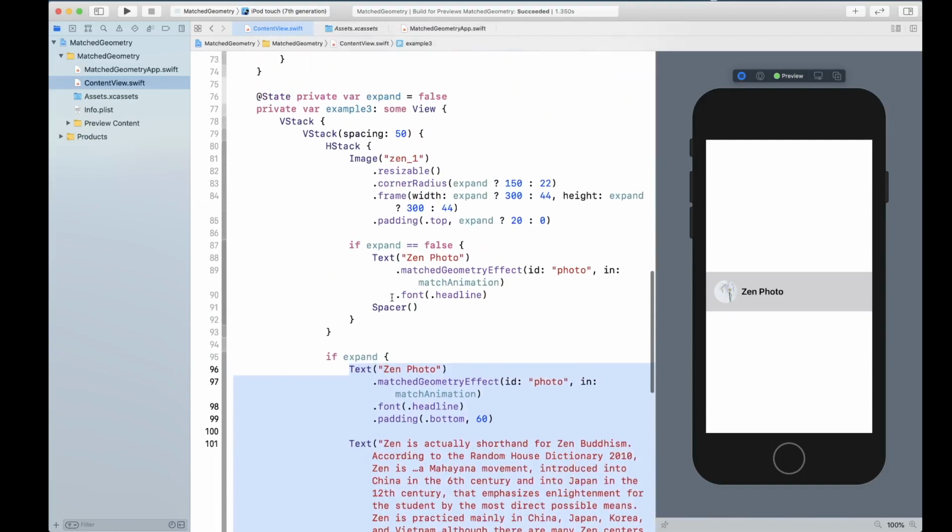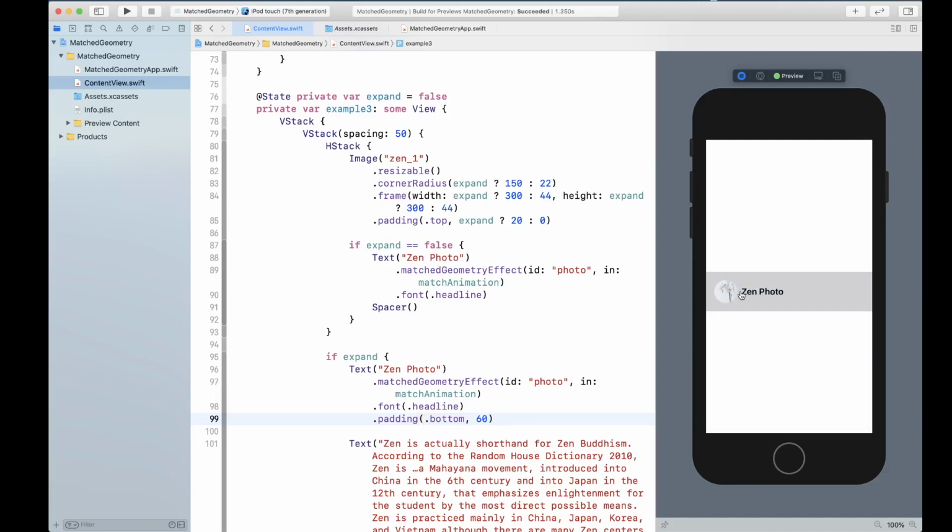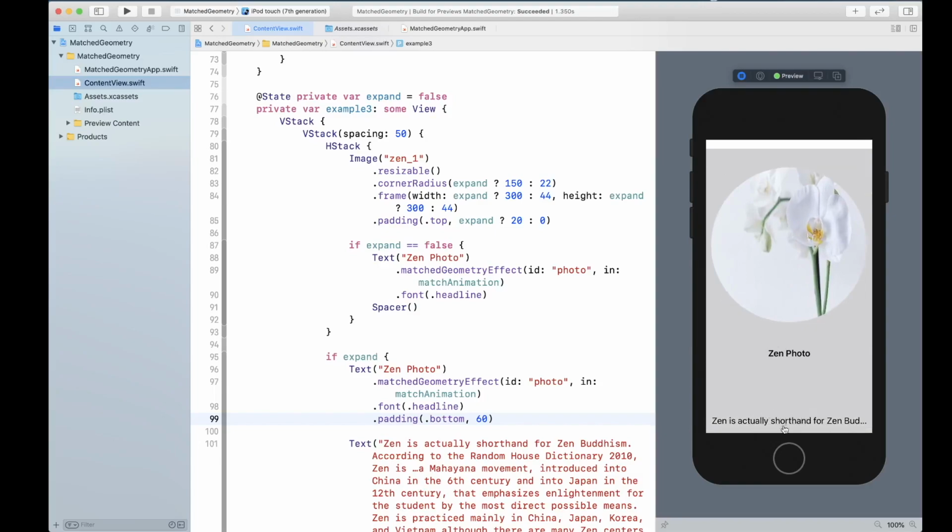Now remember, this is outside H stack. That means it's only going to show up in V stack in vertical form, so we can actually see this information in a vertical form. So let's go ahead and check it out. So as you can see, it's actually expanding, and you can actually see a Zen photo sort of like sliding into place, and your information being displayed. All right,